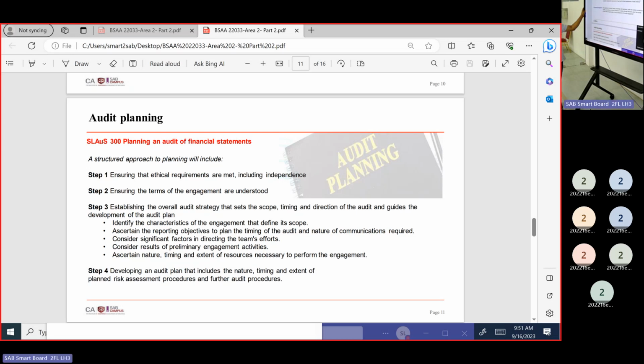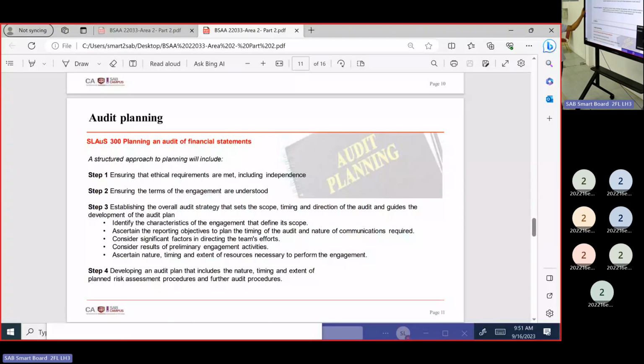It's a structured approach, and you can customize it based on the audit you are going to plan. If it is a very small scale audit, it may be a simple process, right? Don't spend more time on planning. But for an audit of a very complex area, like a Sampath Bank audit, a commercial bank audit, you have to spend more time to plan that. The complex, major audit.